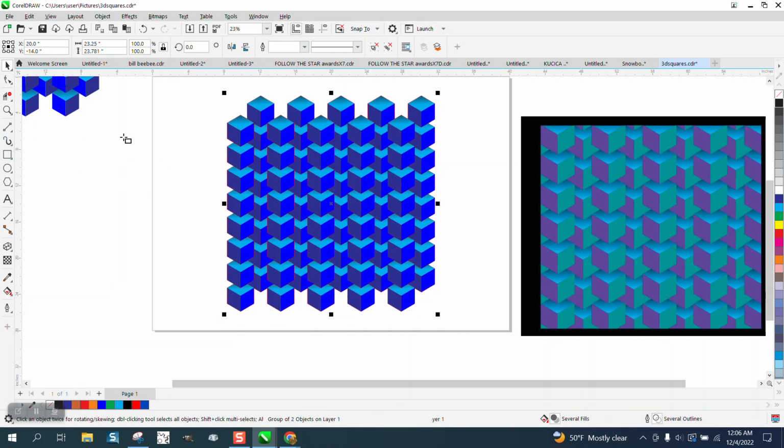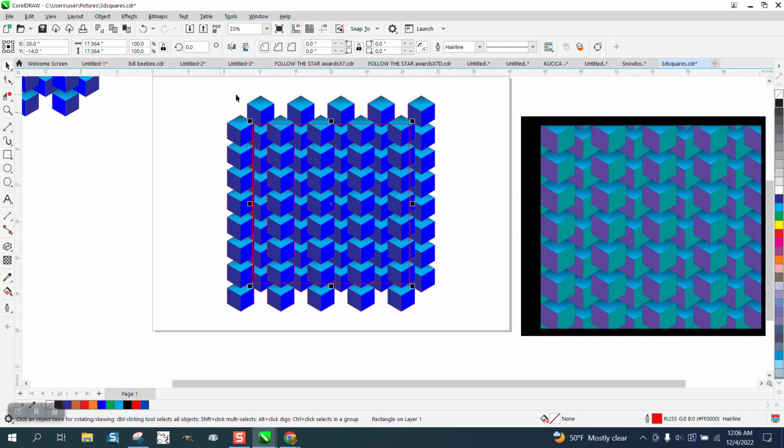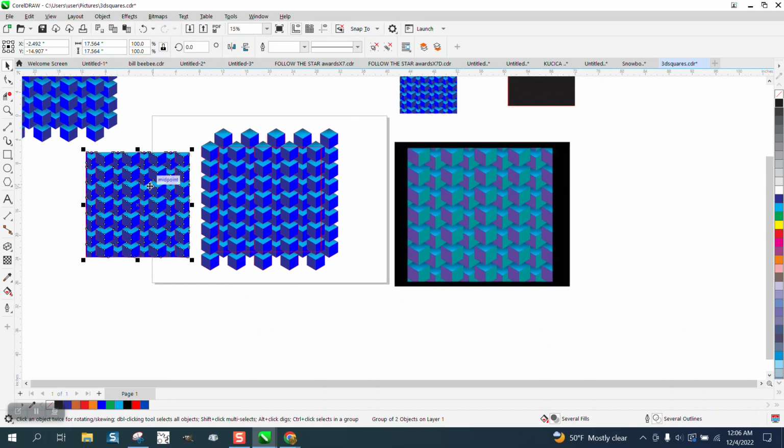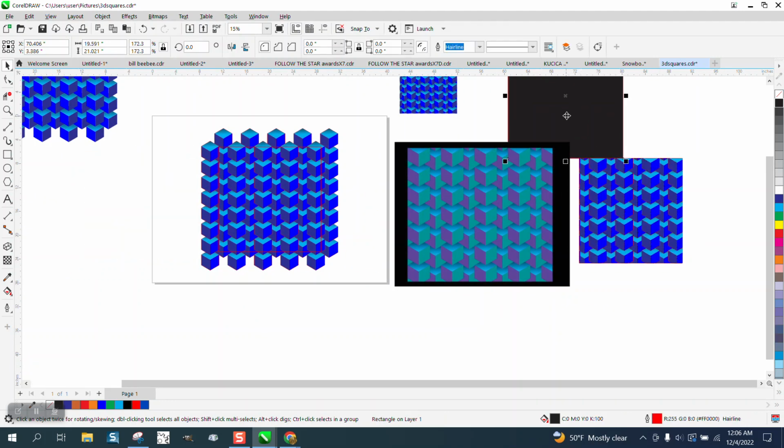Now, if we group this together, Control G, and then hit P, put it in the center of the page, and draw a rectangle holding down the control button and hit P, put it in the center of the page. Because those are groups, we could select everything and go to intersect, and then it's going to intersect that block of wood or block of, and then if we put a black background behind it,